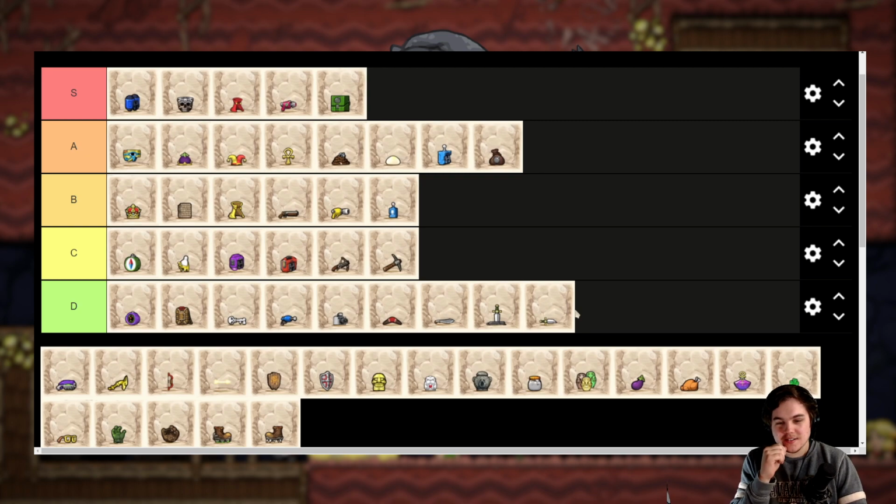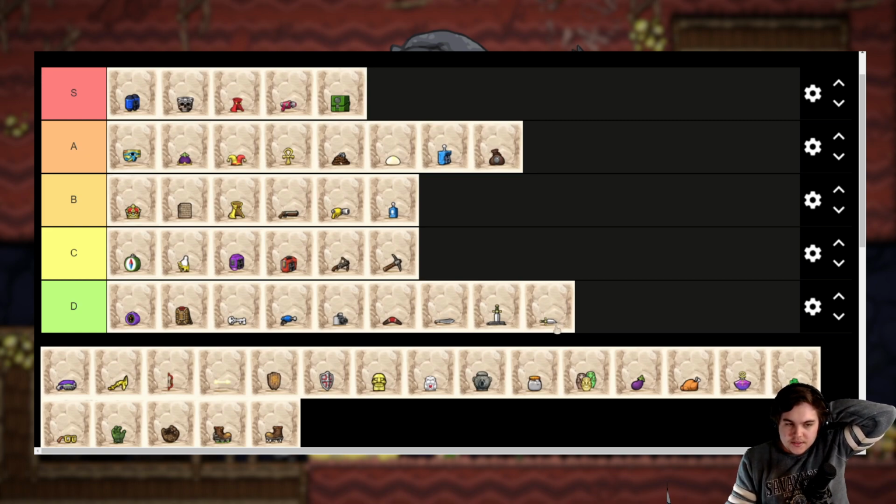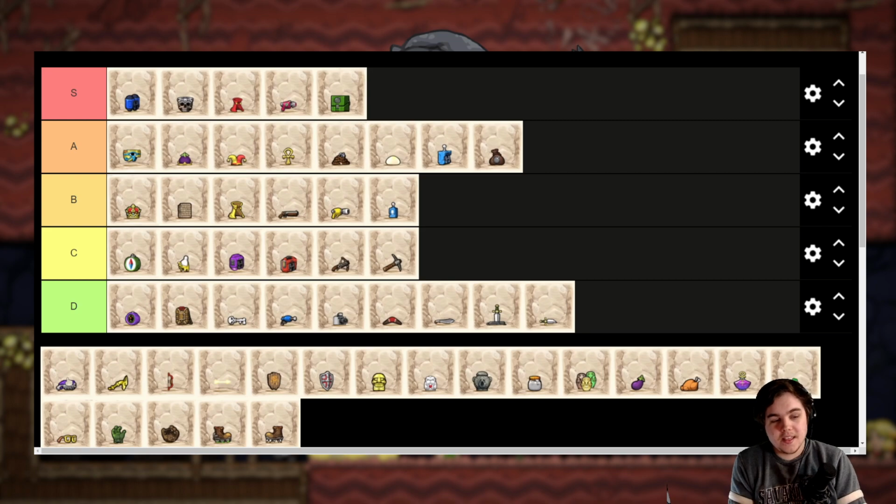Broken sword. Basically just a journal entry. That's all that is in my mind. I don't know if this has any other special uses. I kind of wish it did. I wish it did do some damage to Kingi, but it doesn't, which makes sense. But yeah, plasma cannon